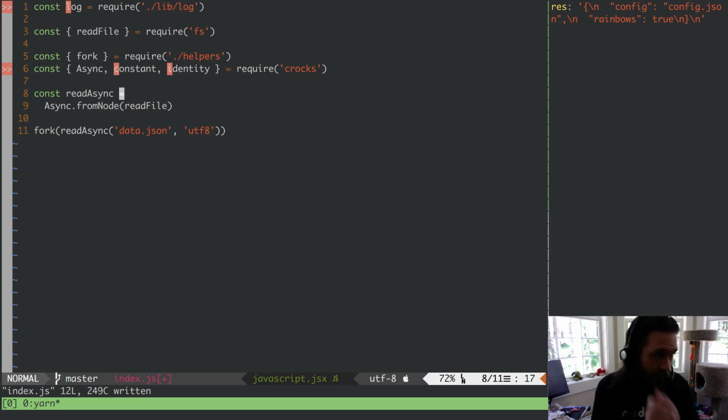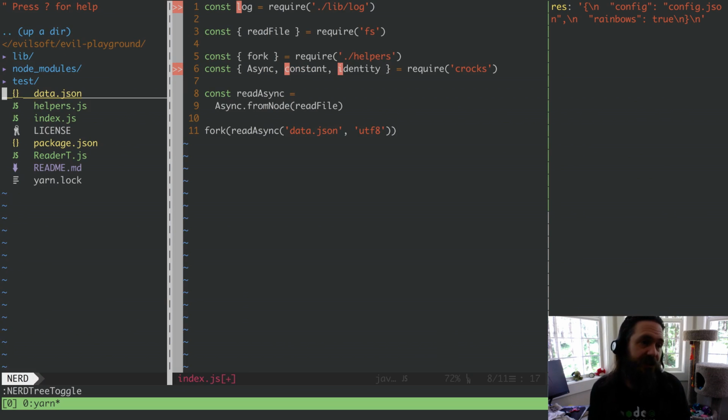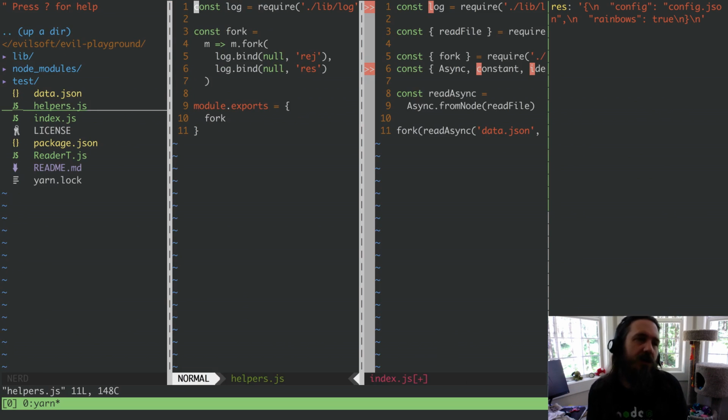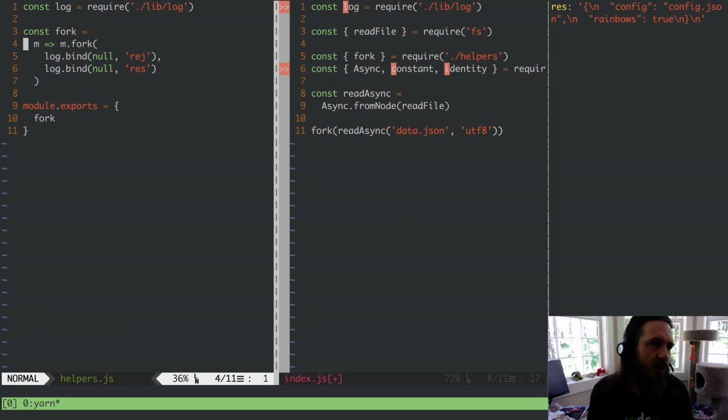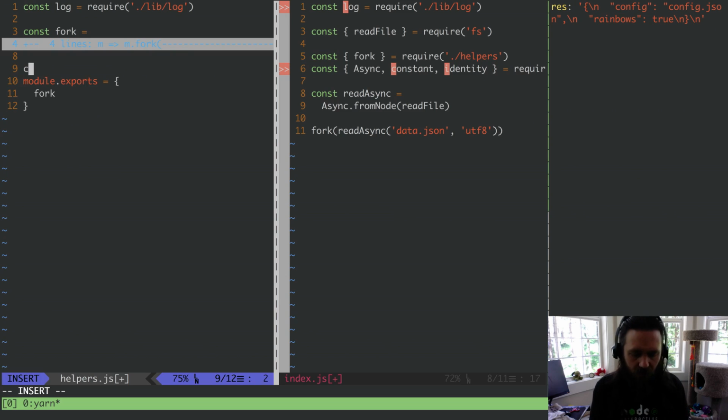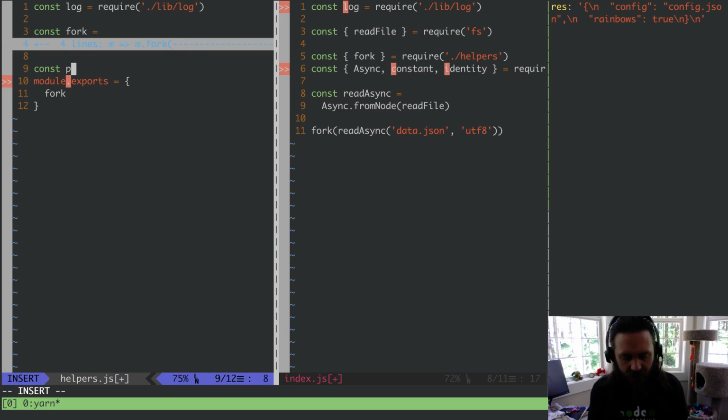But there's an issue here. This is a string. We don't really want a string. We're reading from JSON, so we need to parse this bad boy out, right? So let's create a cute little helper function here, and we're going to call this function const parse, and we will do,